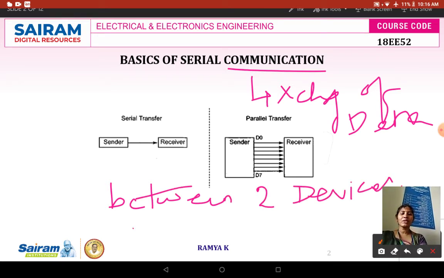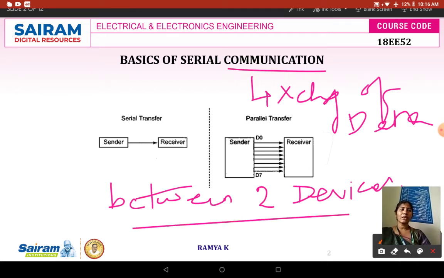When it is exchanging, it has to follow certain protocols. A protocol is a set of rules and regulations that has to be followed between any two communicating devices. So we need to understand what the communication protocol is and why it is required. A communication protocol is required to frame the set of rules and regulations, so we can exchange information from one system to another system through a medium. That is called communication.